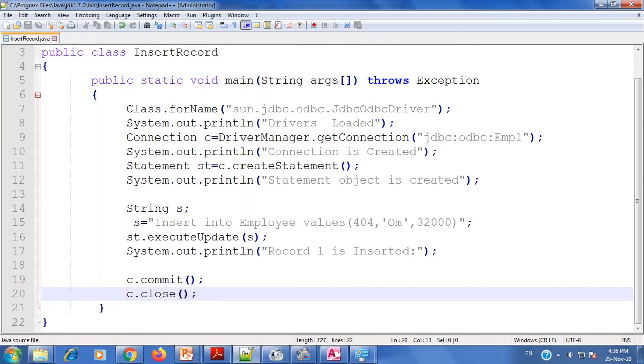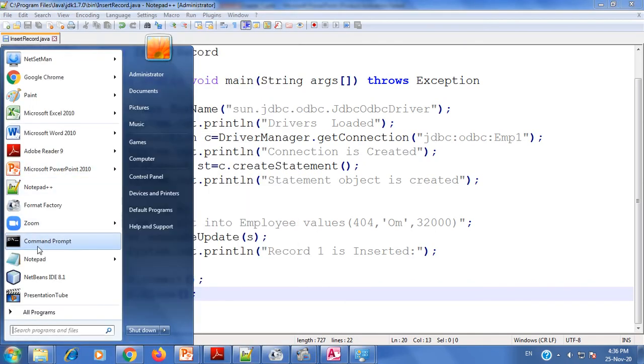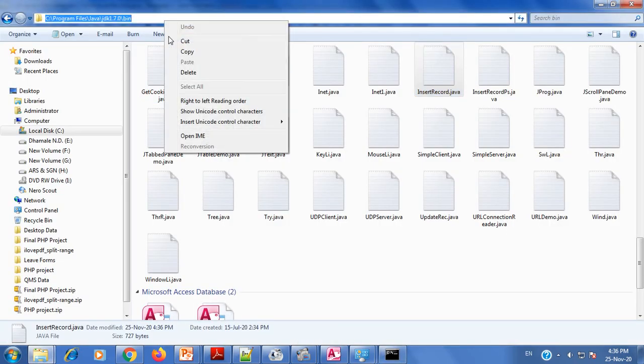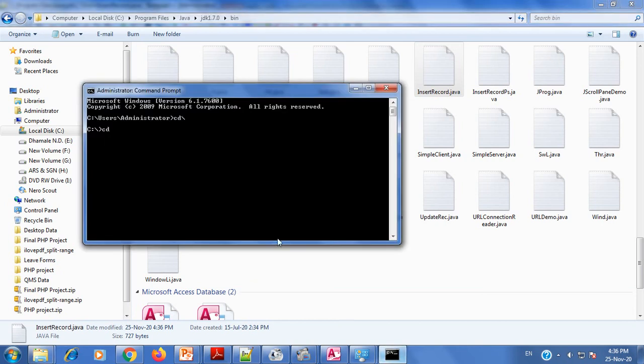So save the program. Just open the command prompt. I am copying the path for my bin directory. Let's check whether the program can be compiled or not.